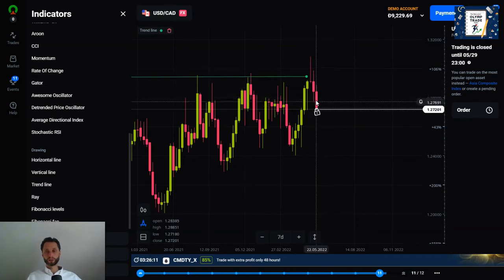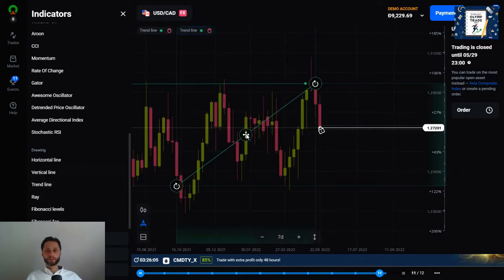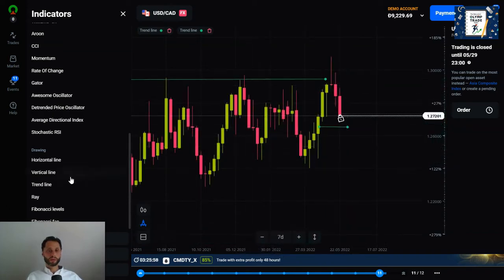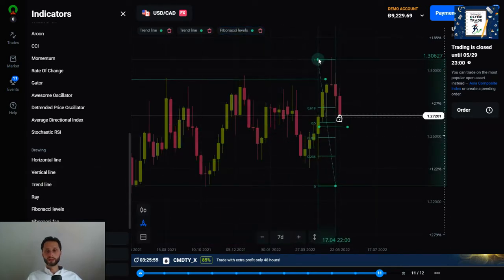We closed the last week very, very bearish. So I'd look for the continuation of that bearishness, and I would look to continue down into this level right here. I could also again draw a Fibonacci level